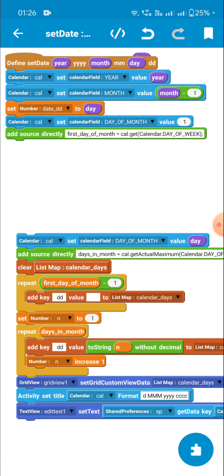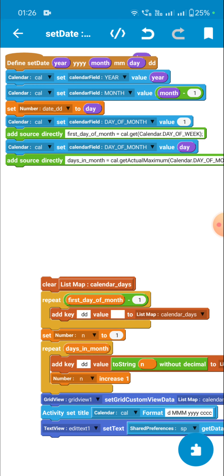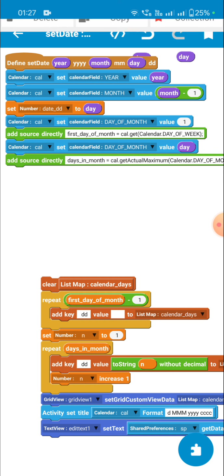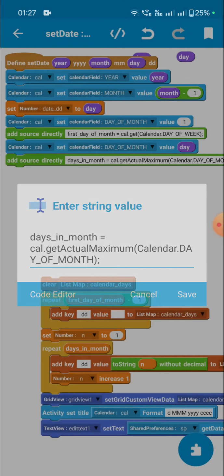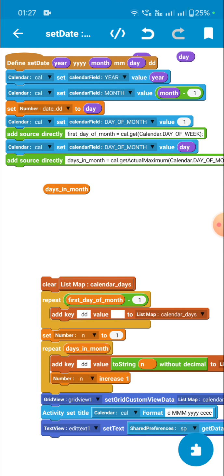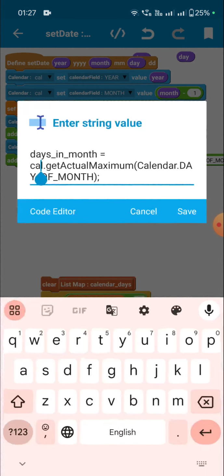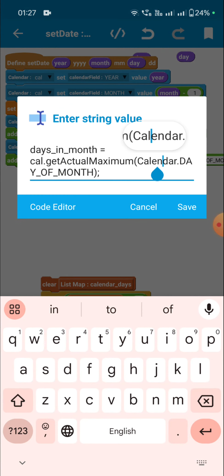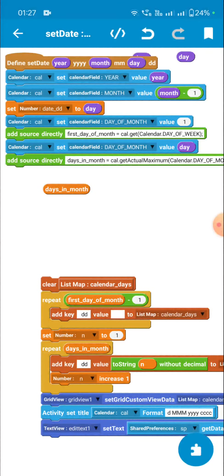And then I set the day of month to the current day, or the day which has been set in the set date block. So that is set here as day of month, and then I get the total number of days in that month. So here I have a block number variable called days in month, and that days in month is set to cal.get actual maximum calendar.day of month. So this will give me the number of days in the month. So for October it will give me 31, for February 28 or 29,